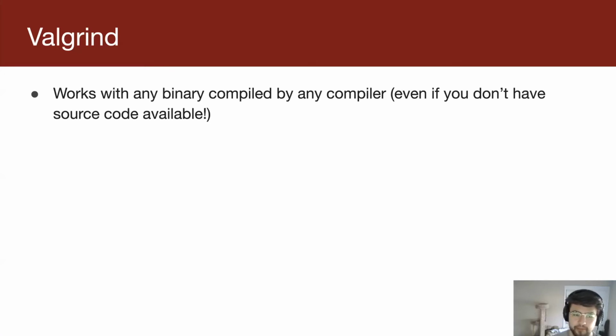Sometimes people don't do the best job of keeping track of source code, and sometimes the source code even gets lost. I think this happened with MS Paint, where Microsoft needed to make a critical... I don't think it was Paint. I don't know why you'd have a security vulnerability in Paint, but there was some. I'll find it and I'll send it in Slack. There was some Windows program that needed a critical security update, but the only problem was they lost the source code. And so they needed to figure out how to update the program without the source code. They did some fancy stuff where they decompiled the program, patched it, and then recompiled it. Crazy stuff.